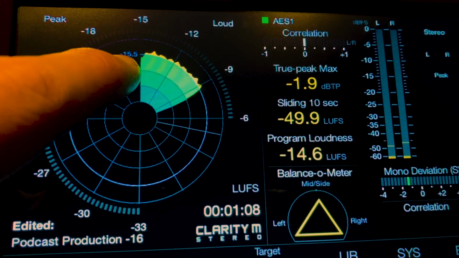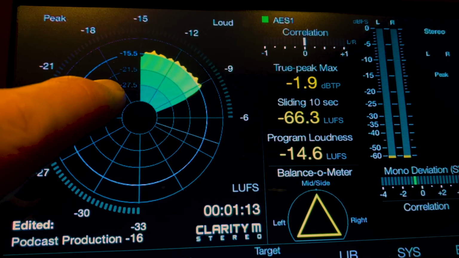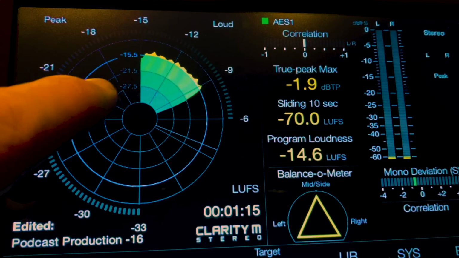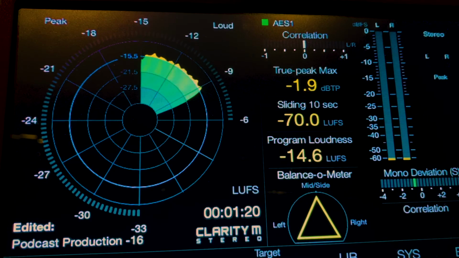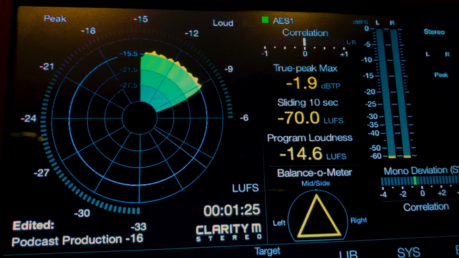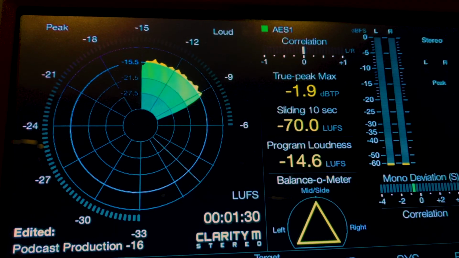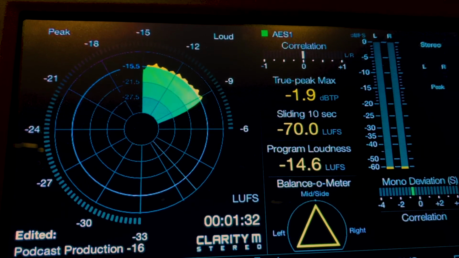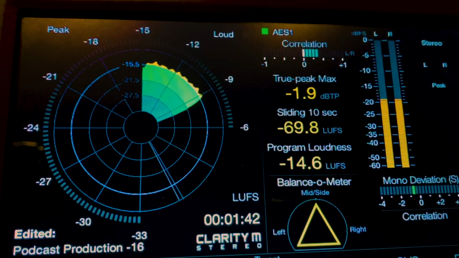So we got this minus 15.5 here. That's that darker blue line, and then minus 21 and minus 27.5. So we really want to be shooting for this darker blue line when we're mixing the band in the big chorus sections. And then during the teaching, we try to live around this minus 21.5, which is that next line in. This is super helpful because when you switch from different teaching or speaking individuals, you can really try to hit those same numbers. So if I go over here and hit play on Tom talking,